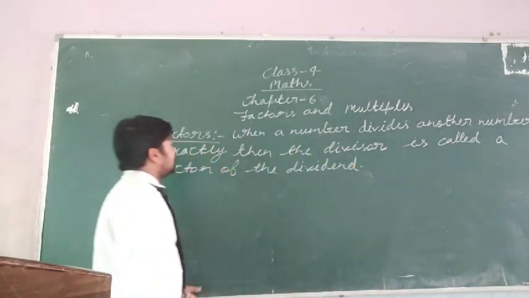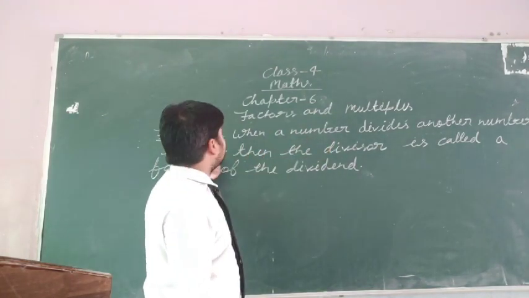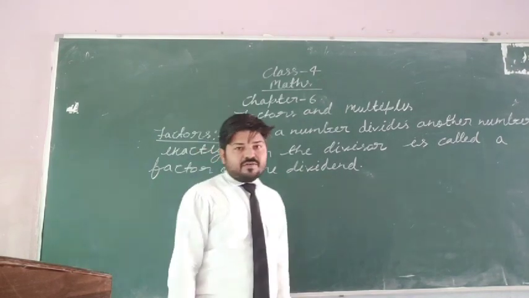Okay, this is the definition of factor. When a number divides another number exactly, then the divisor is called a factor of the dividend. Okay,